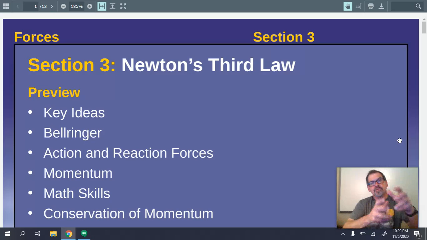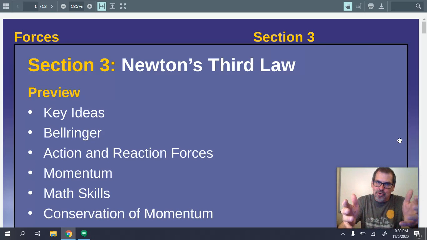How much force something exerts is its mass times acceleration. We measure mass in kilograms. We measure acceleration in meters per second squared. And we call that for shorthand a Newton. So force equals mass times acceleration. That's Newton's first two laws.